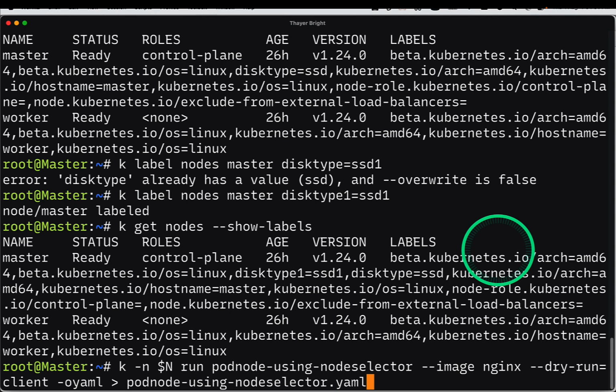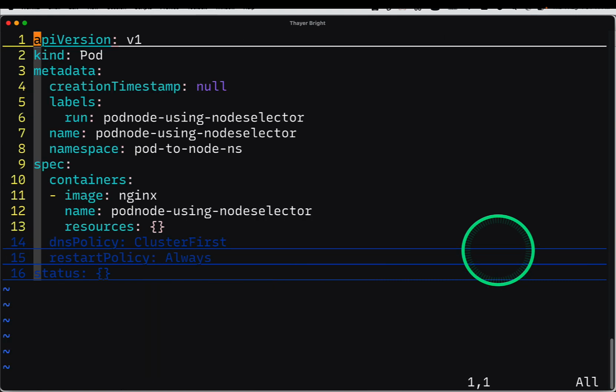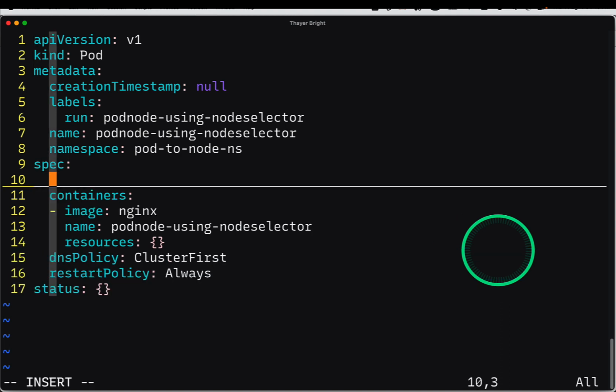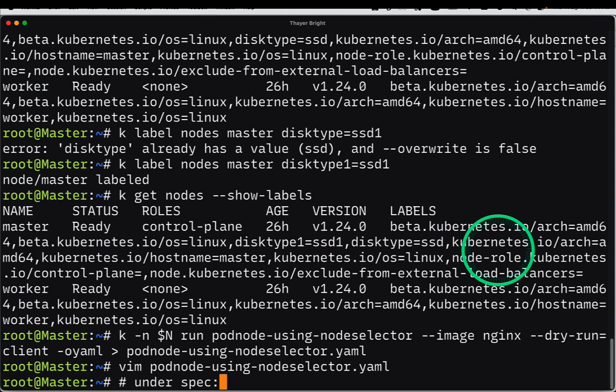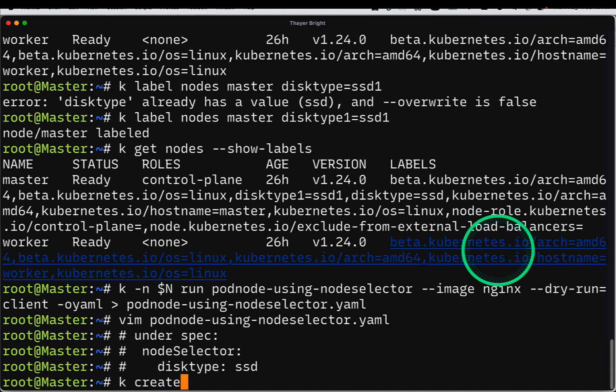For this also we have to edit the YAML, because we cannot do it directly from the command line. So this is the second pod, and I will edit the YAML file. So here under the spec section, I add the nodeSelector with disktype ssd. So I'll save and exit this file. And now I just mentioned in the comments as well, this was the change which I have done, and I will now create the